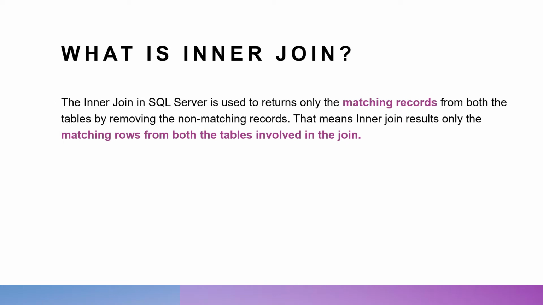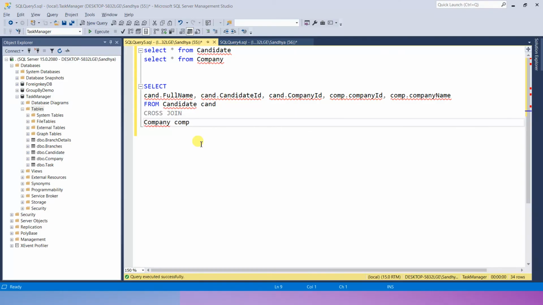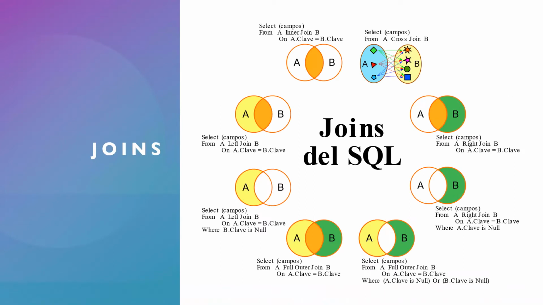Next type of join is inner join. So let's go to the diagram. Here, if you see in the diagram, the first table has 3 records, the second table has 4 records. So for table A, the first record, you can see the green arrow mark, the mapping. The first record is mapped with the first record of B, this record with the second record of B, this record is mapped with the third record of B, and this record is also mapped with the fourth record of B.